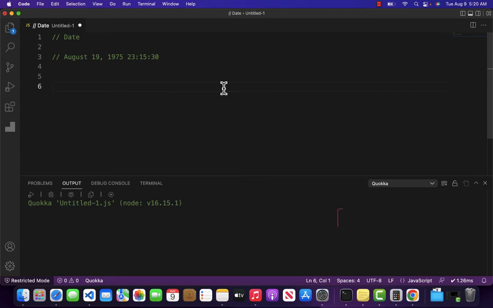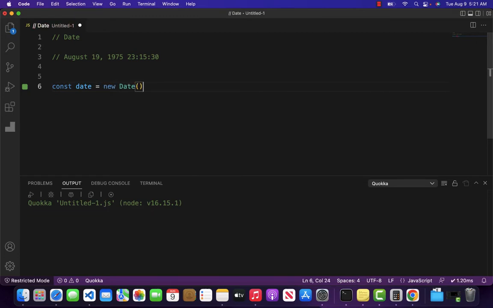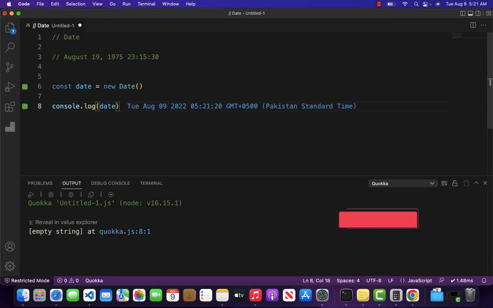Let's suppose you want to play with dates inside your JavaScript program. To do that, we have a constructor method for date which is called new Date. So let me assign it inside a constant variable. Then if I write console.log and date, as you can see it is returning me